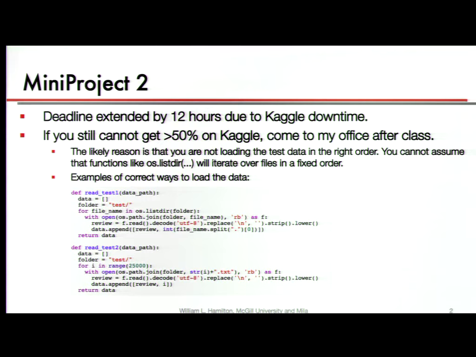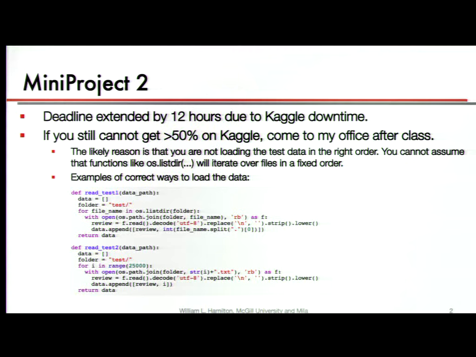You iterate over all the files, you figure out, okay, I just loaded file 13, and now I have this review, and I also have what the ID is for this review. Again, you can't guarantee that this os.listdir, where we're iterating over all the files in this folder, will be in any sensible order. It really depends on things under the hood in your operating system, and most of the time is not reliable.